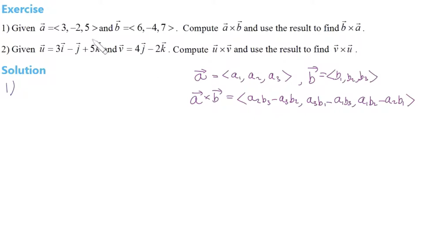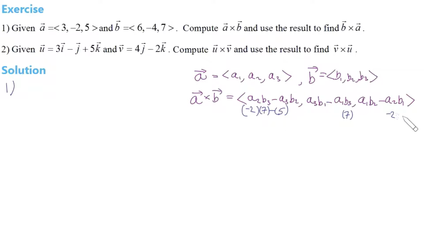A2 is minus 2, and also here minus 2. B3 would be 7, and B3 also here would be 7. Then we have A3 is 5. B2 is,